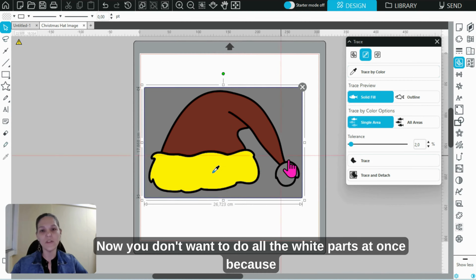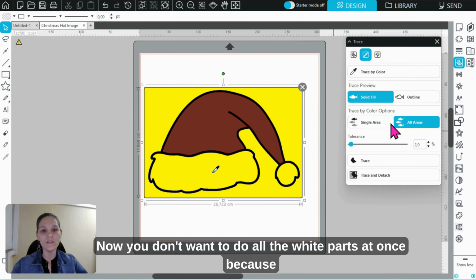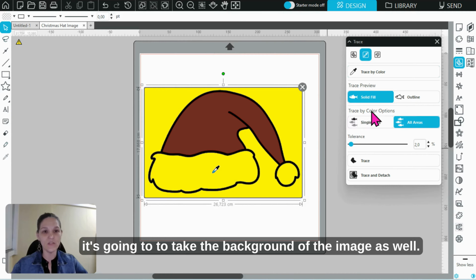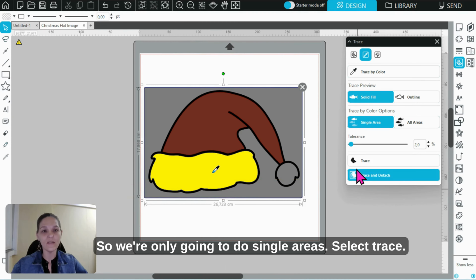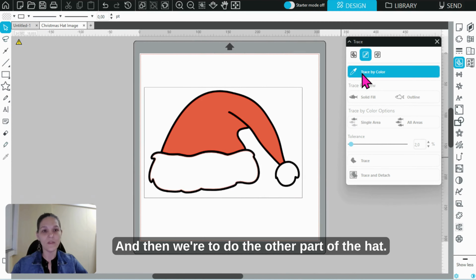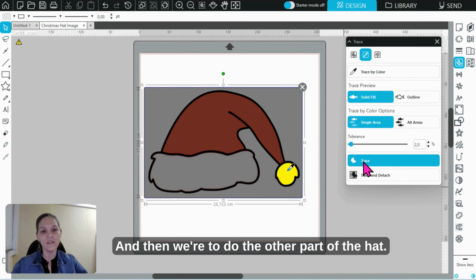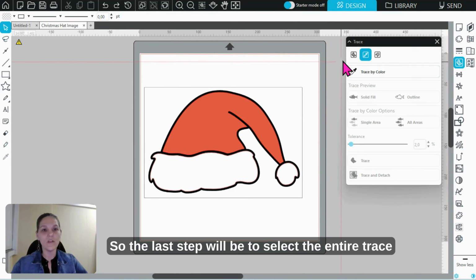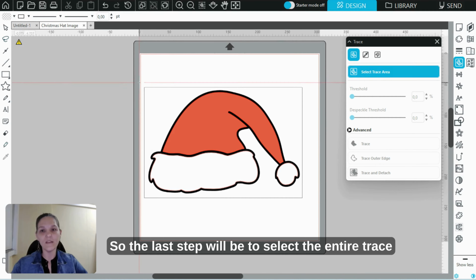Just the white parts. Now you don't want to do all the white parts at once because it's going to take the background of the image as well. So we're only going to do single areas. Select trace. And we're going to do the other part of the hat. Trace. So the last step will be to select the entire trace area